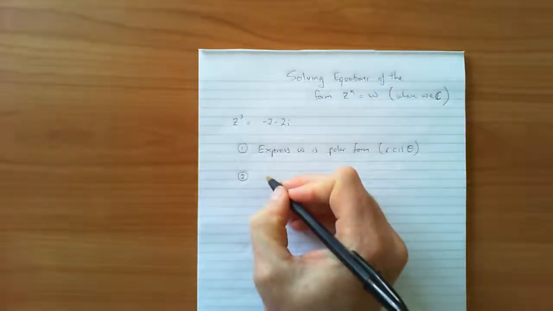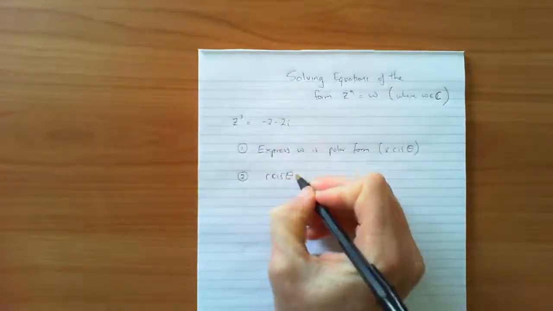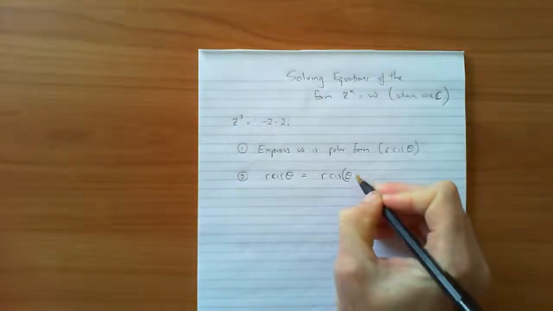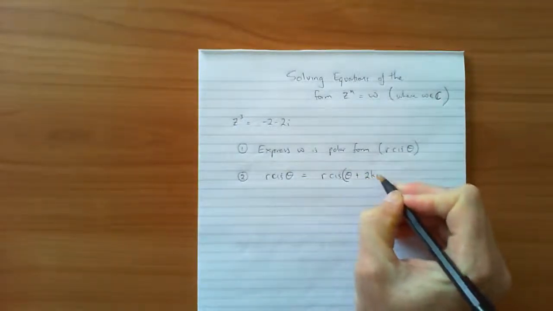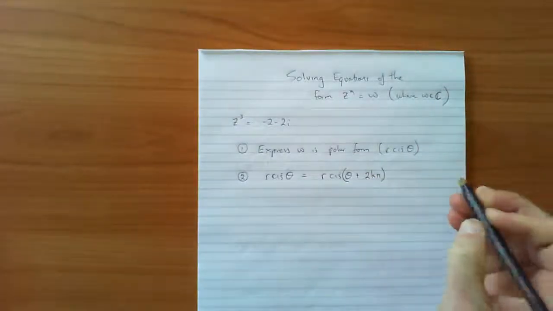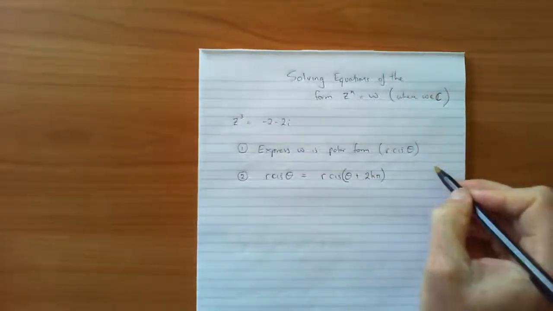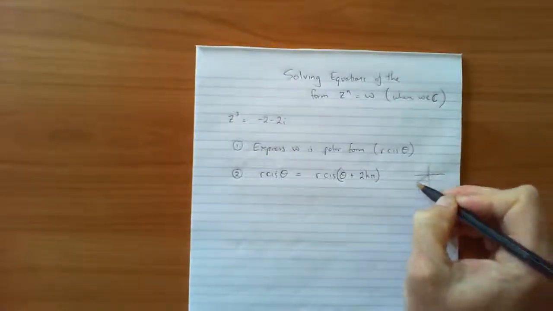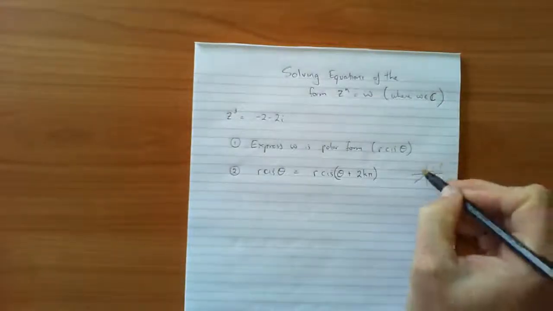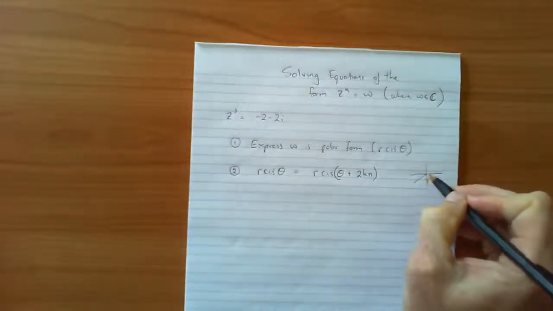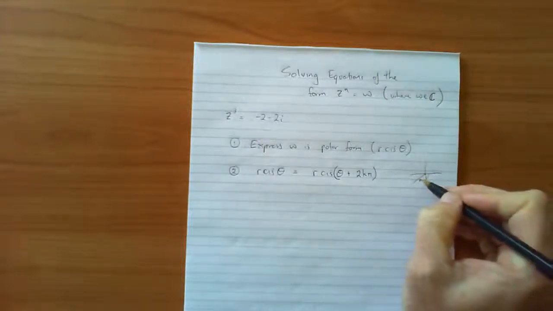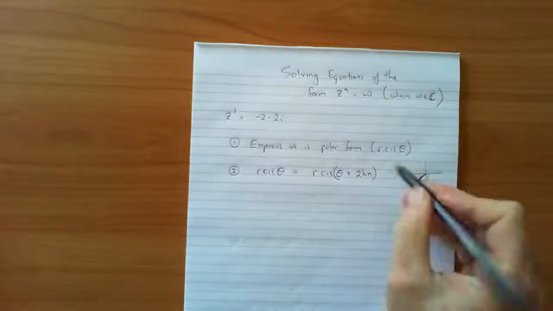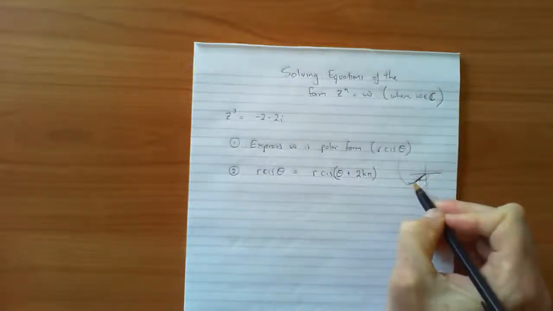realize that r cis theta is actually equal to r cis (theta plus 2k pi). What that means is this: if you imagine r cis theta, your complex number may actually be here, and theta in this case will be the angle there. Now,